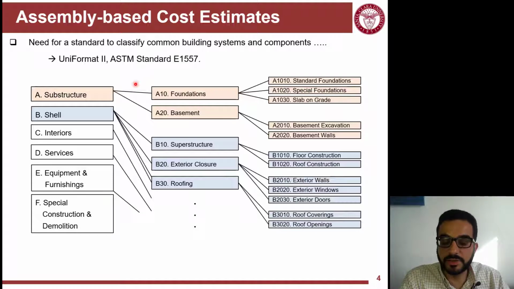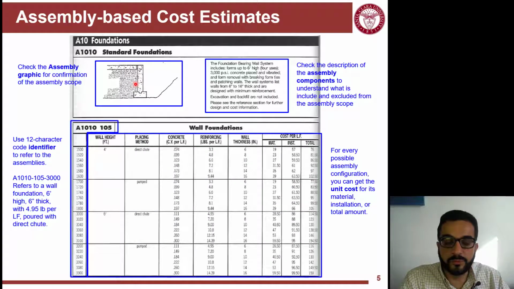Following Uniformat, RSMeans provides assembly cost data over many pages. This is one page under the A10 system, which is the foundation system. Under it, there's the standard foundation, and we're looking at the assembly called wall foundations. You need to check the assembly graphic provided so you understand what's really covered by this assembly. You can read the description here, because the cost estimate for this assembly is done based on